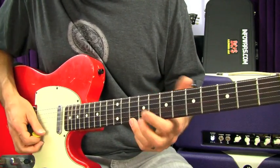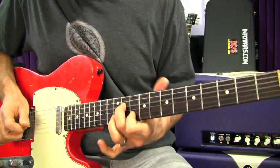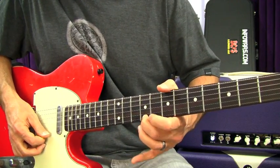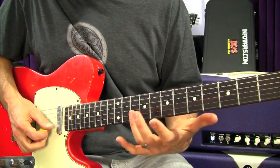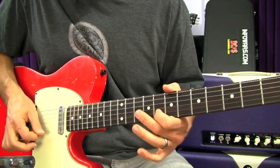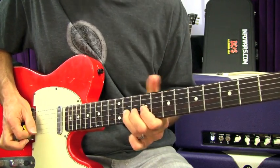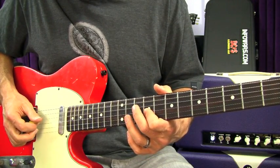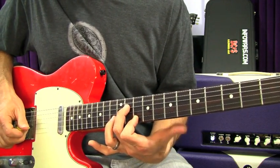We can go down here to the 10th fret. Right, so you're going 10, 9, half bend on the high E. Go right back into that minor pentatonic right there. So it's 10 and 8 on the B, 9 on the G. We're going to do a half step bend on the G string, 11th fret. And then I'm going to slide from 10 to 11 on the D, and grab the 10th fret of the B. So it's...